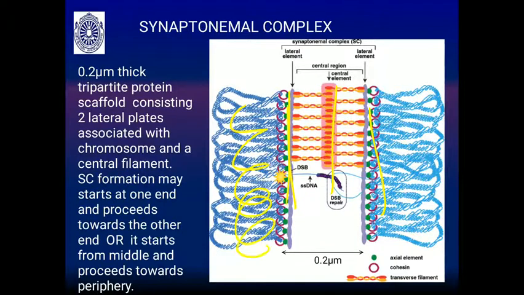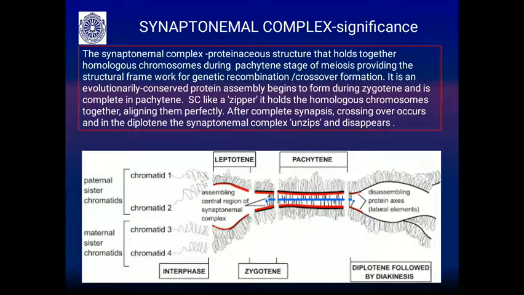This is because in this process there is a coiling of chromatin. You will see they are coiled. This is one homologue and this is the other homologue. In between you will find a tripartite structure. The synaptonemal complex is forming here, and it may start at one end and proceed towards the other, or it may start in the centromeric region and proceed towards the telomeric region. So you will find it either way, starting from the middle and proceeding towards the end. This is the synaptonemal complex.